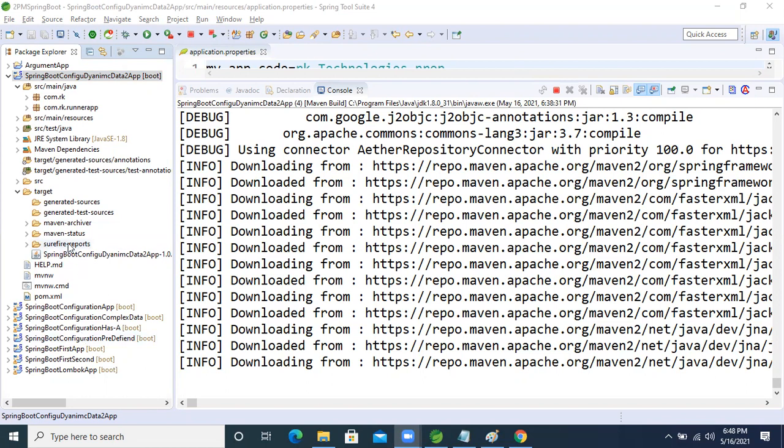See, the jar is created in the target folder, right? I will run this jar only, right? I will run this jar. And this jar only we are deploying in real time, guys.